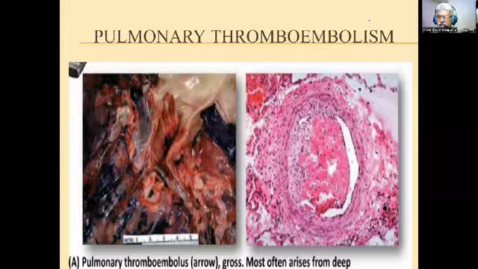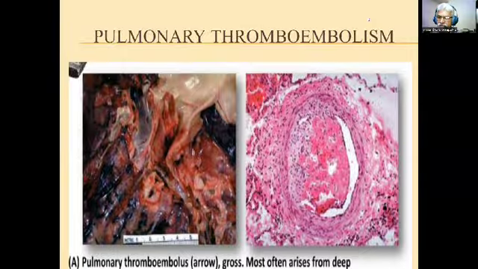This is the gross and the microscopic picture of a pulmonary thromboembolism, which was fatal. As you see, an autopsy has been done, and you can see an embolus sitting at the bifurcation of the pulmonary vessel, the pulmonary artery. There is a microscopic picture on the right side showing almost 90% occlusion of the